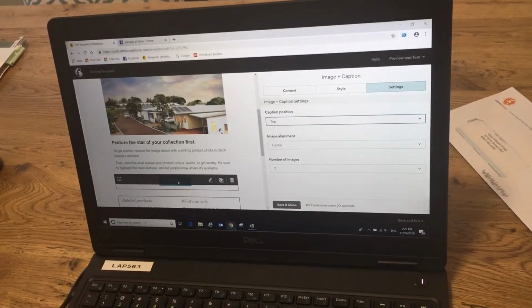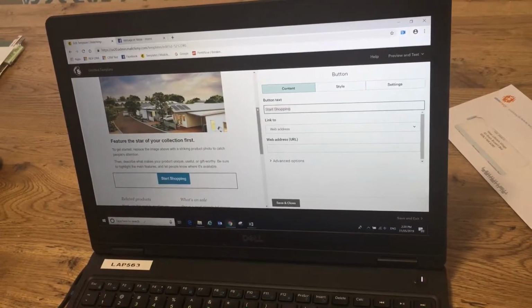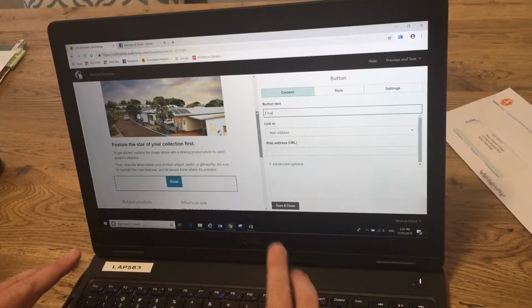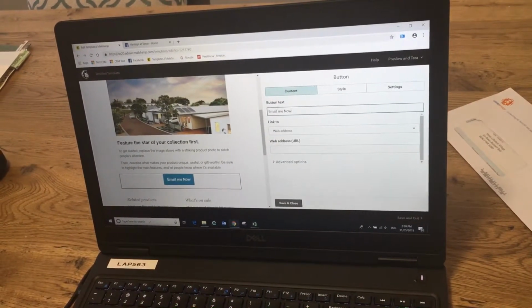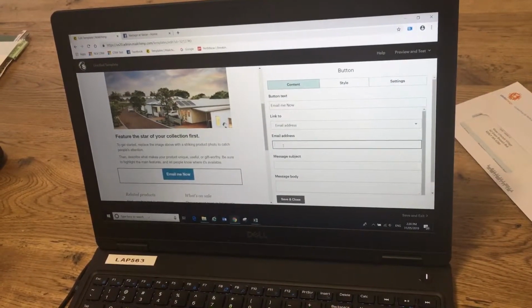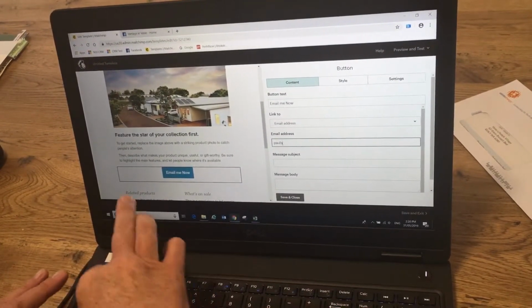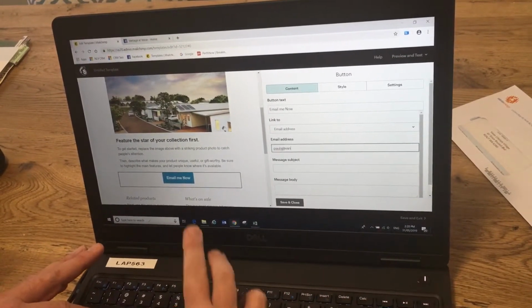Now this is really a good thing. See where it says start shopping there? Change that to email me now, and you link it to an email address, and you do Paul S at Vantage, oops,